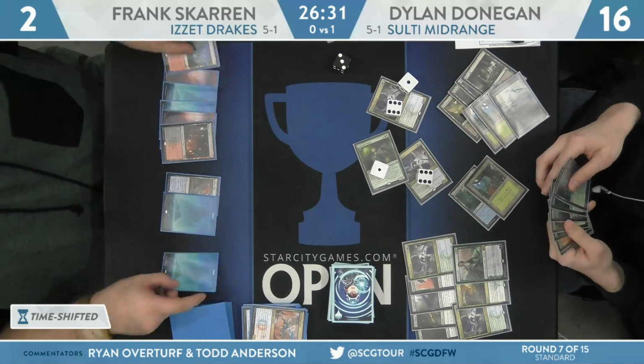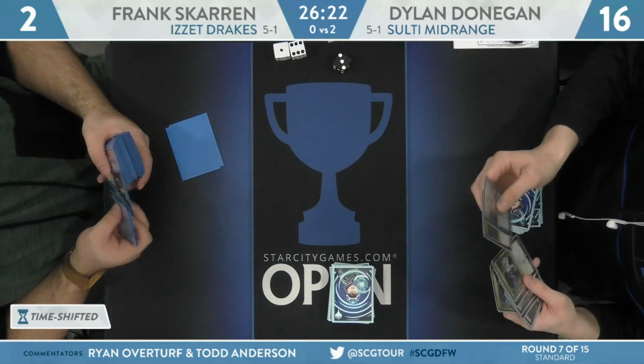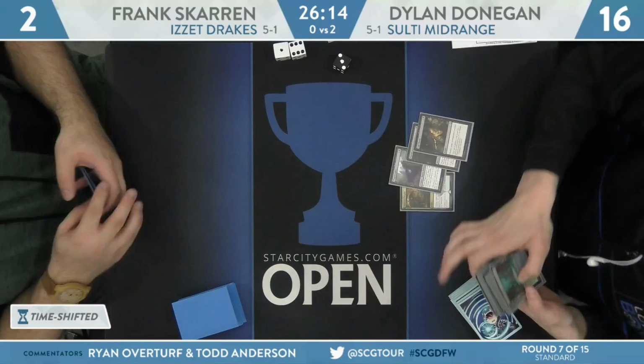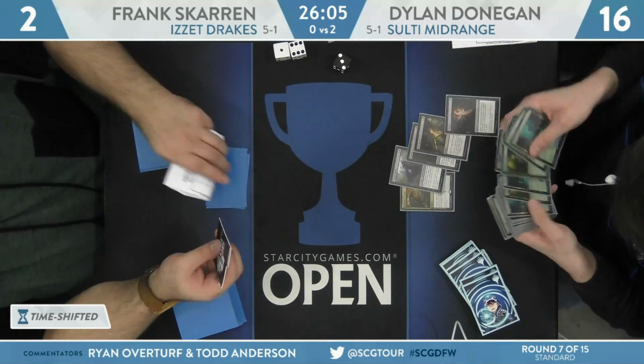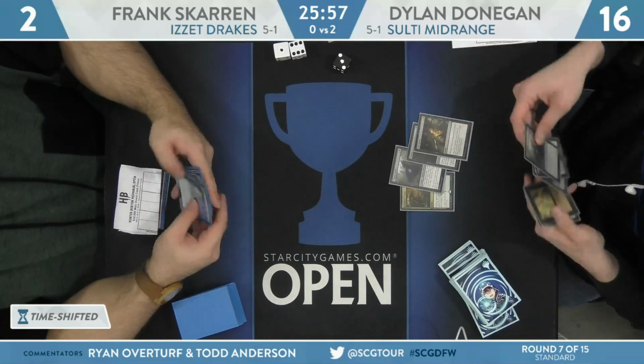2 giant Hydroid Krasis, and Frank Skarren going to pack it in. No Star of Extinction, no chance to win that game. Yeah, just a pretty significant runaway for Dylan Donegan here. Just 2 games where he's had a pretty significant battlefield. Skarren had some power, a lot of it in flying creatures, but just never